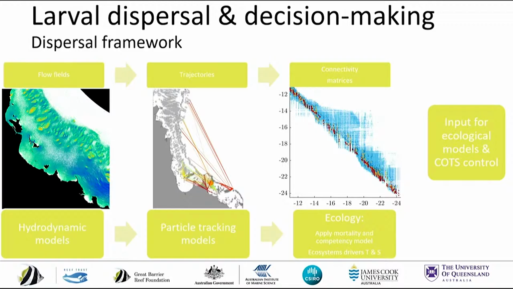Do you really know when they are going to be spawned? Do you really know where they travel in the water column? Do you really know when they're going to be competent to settle on the reef? And so that's your last step, when you're getting your connectivity matrix. And this is the input that is used for the reef prioritization, but also inside a lot of the metapopulation models. So in our project, what we thought was, okay, we probably need to do a bit of